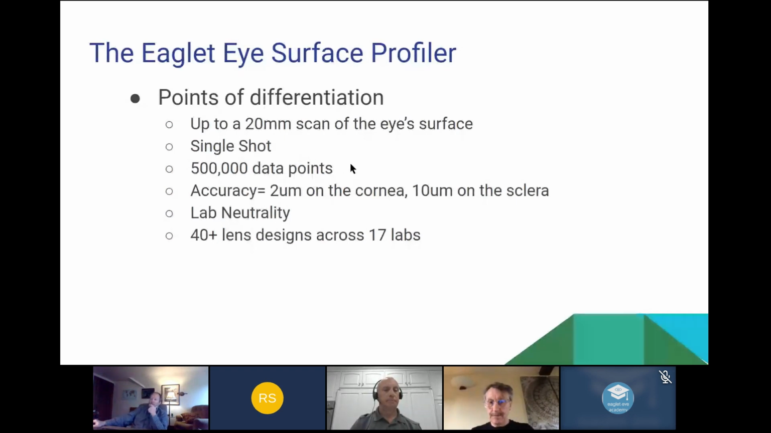Lots of data going up. You're going to see, even with a fast connection, you're going to wait about 5 seconds for information to come back down from the cloud. That's a big file to send back and forth. The accuracy of the eye surface profiler is 2 microns on the cornea, 10 microns on the sclera,